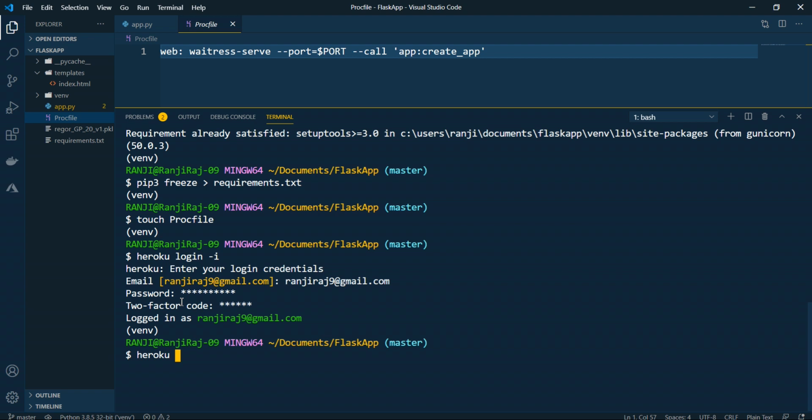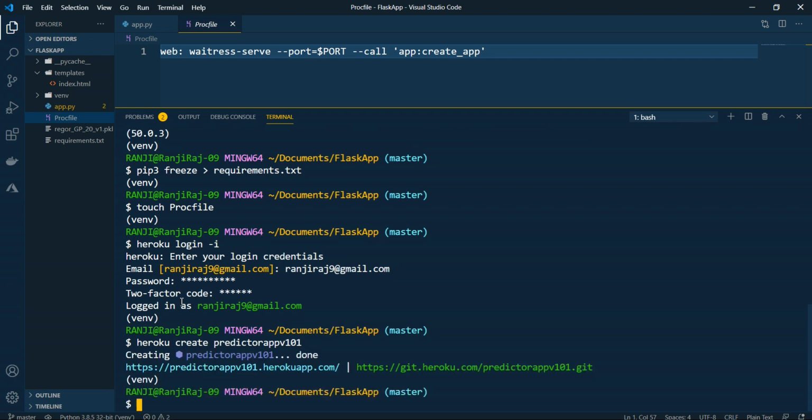Okay, so you create your app via Heroku create, and the name of my app is Predictor App V101. Okay, so this is the command for that. Make sure you put a name for your app that is not already taken.